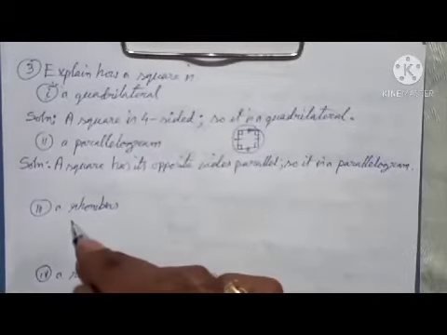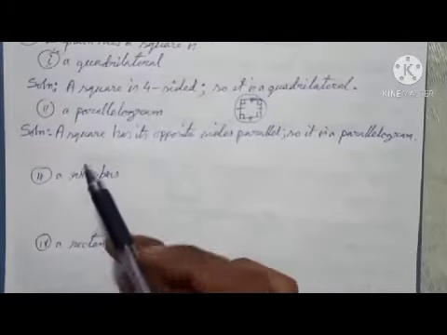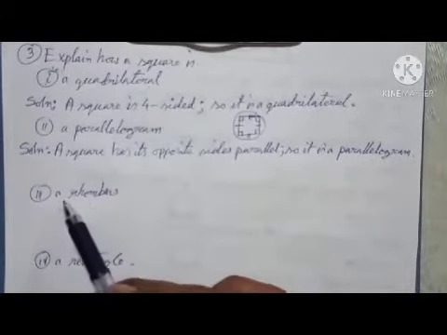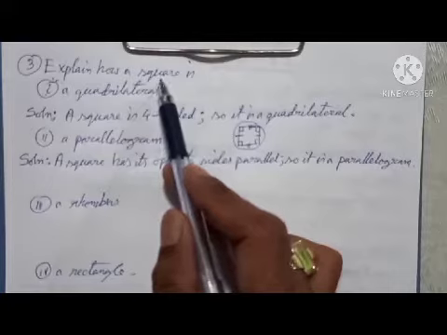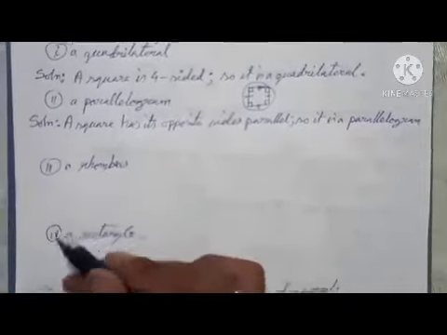Now Roman number 3, a rhombus. In this Roman number 3, we have to explain how a square is a rhombus. In a square, all the four sides are equal in length. In a rhombus, also all the four sides are equal in length. So now in this solution,